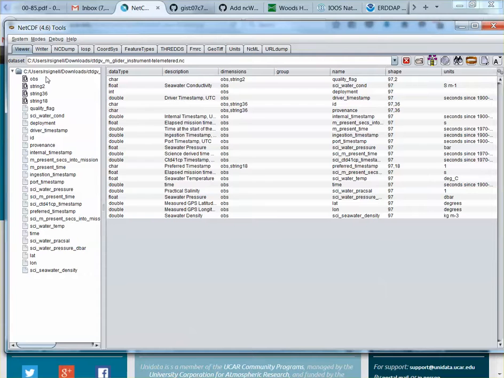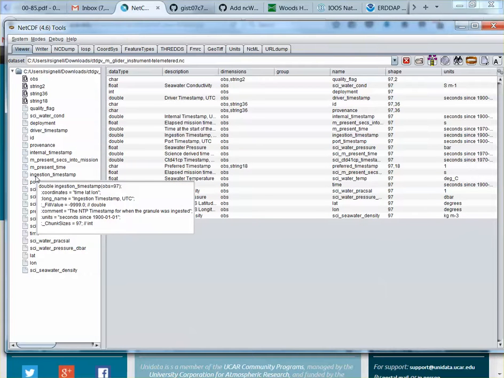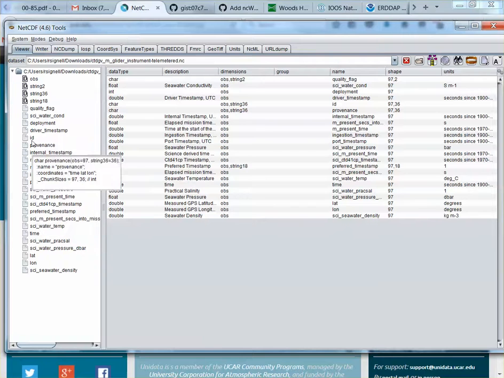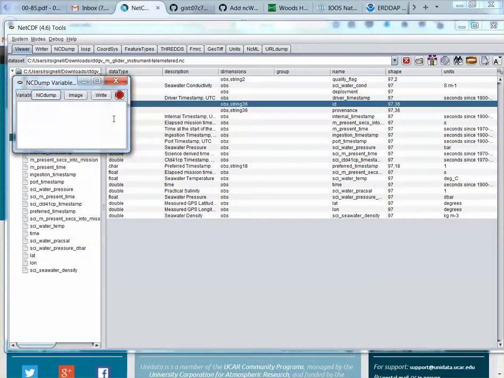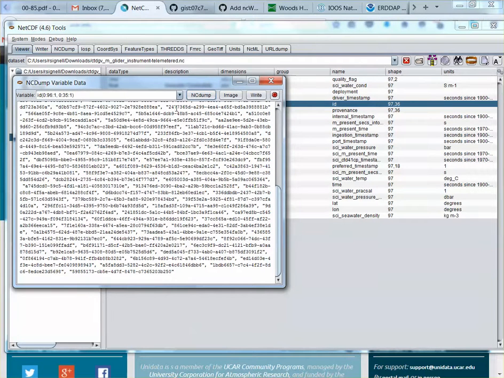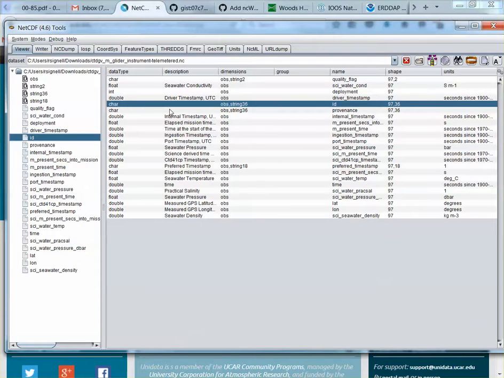It shows all the dimensions and the variables over here, and you can hover over them and see more information about them. If you actually wanted to see what a particular variable was, you can right mouse click and say dump the data, and see what all the values are. In this case there's a bunch of IDs for each point in this trajectory. Anyway, this is useful for poking around, but you can grab this same file name,